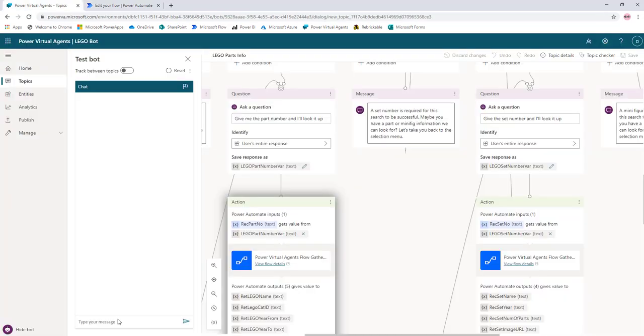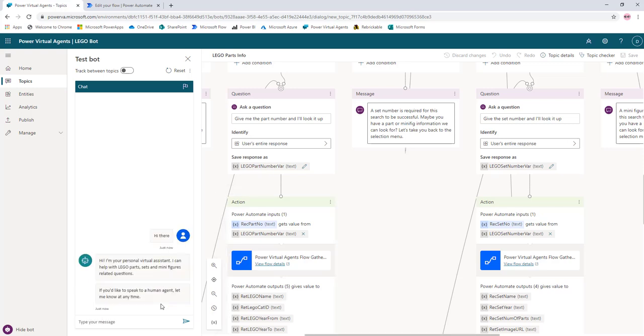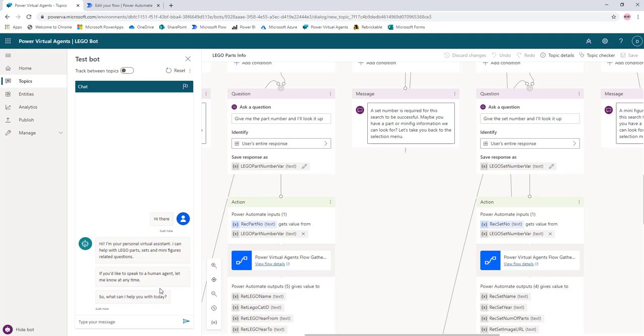All right, so I'm going to come in and say, hi there. So it's going ahead and saying hi there. The bot really kicks off right at the beginning, and it says, hi, I am your personal virtual assistant. I can help with Lego parts, sets, minifigures, related questions. If you'd like a human agent, just let me know anytime. So it asks, what can I help you with? And I'm going to say